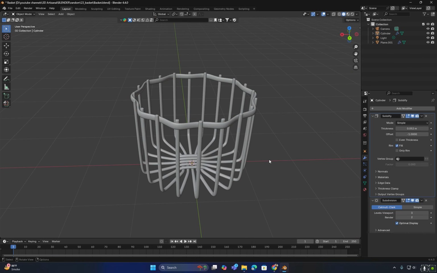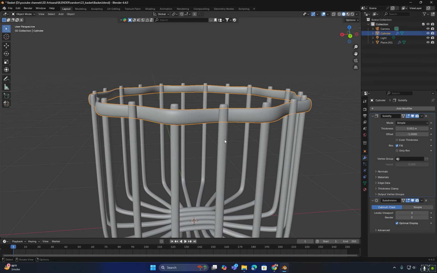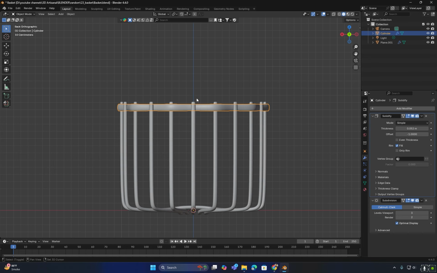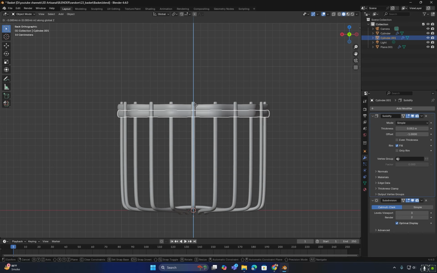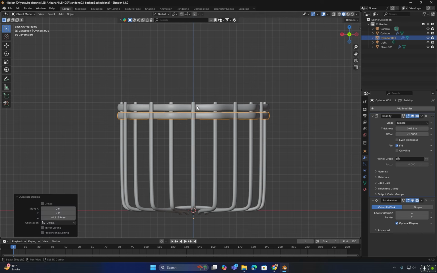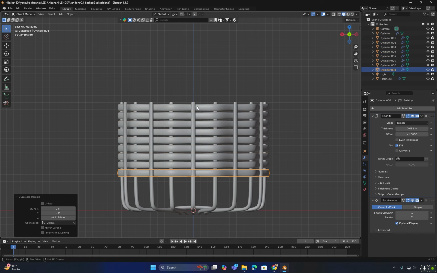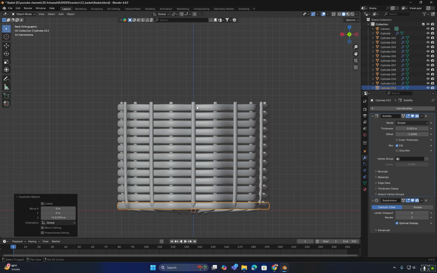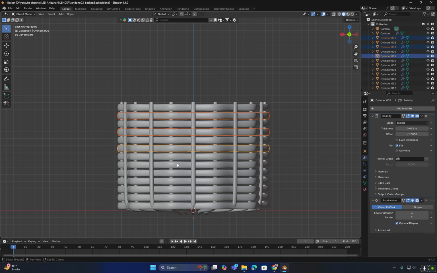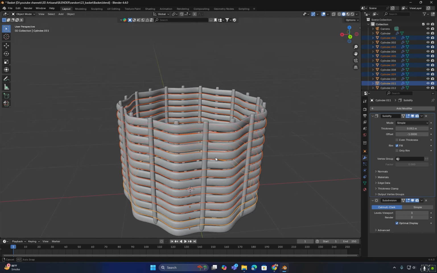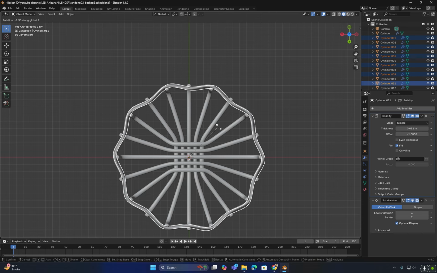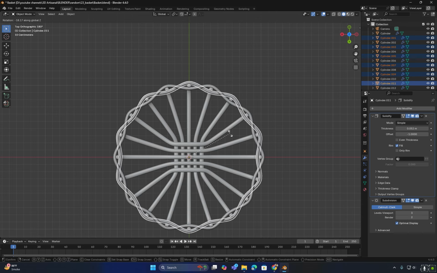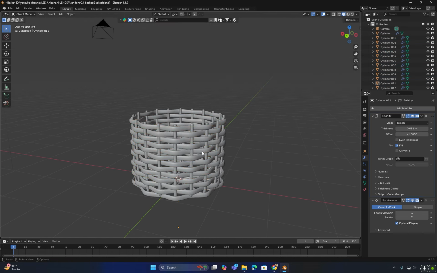Once I am satisfied with the shape, I will select it, press Shift plus D to duplicate it, and move the duplicate along the Z-axis with some spacing. By pressing Shift plus R, I can repeat the last action multiple times to create more duplicates. I will then select every second object and rotate them from the top view by pressing R and Z to rotate along the Z-axis, creating a twisted pattern.